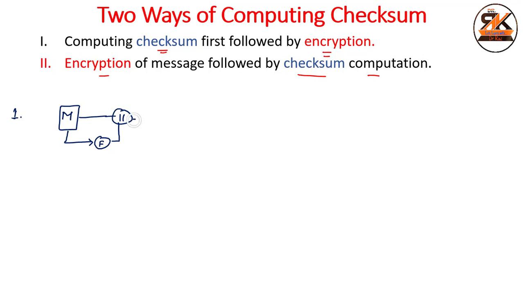After concatenation, you get the message with the checksum appended, which you have calculated by using this function f. So here you have the original message, and this is the checksum part calculated by the function f. And after that you provide the encryption function,